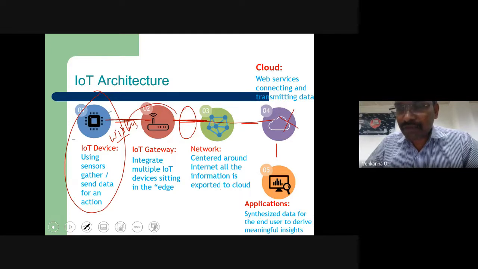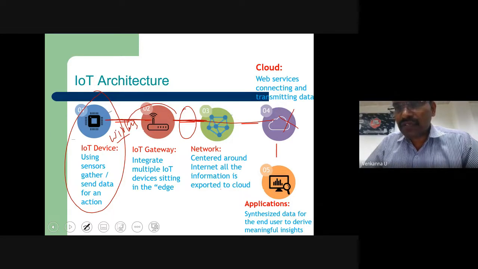Suppose you are using an iPhone or Samsung, they have their own cloud repositories. They say, yes, I have stored 1 GB of your personal information, either photos and videos. If you further want to store, pay 10 rupees per month, or 75 rupees per month. If you pay, they will provide as much space as you want. Okay, these are the two advantages.